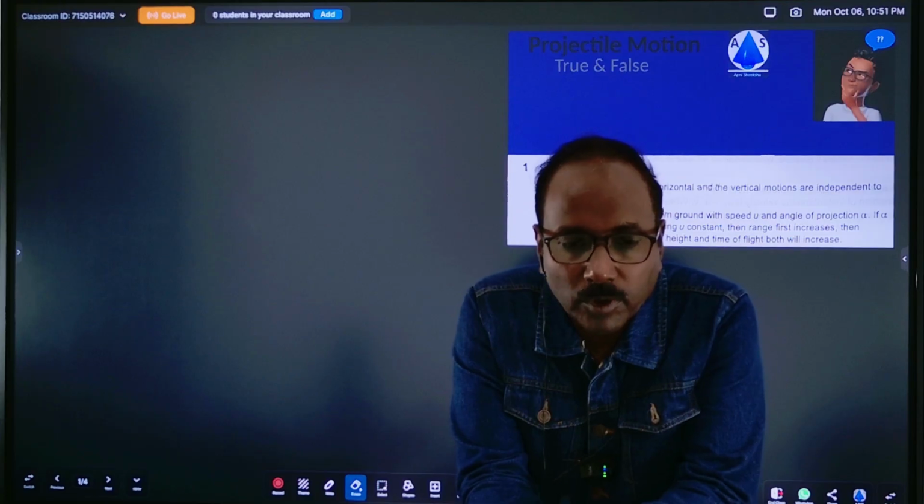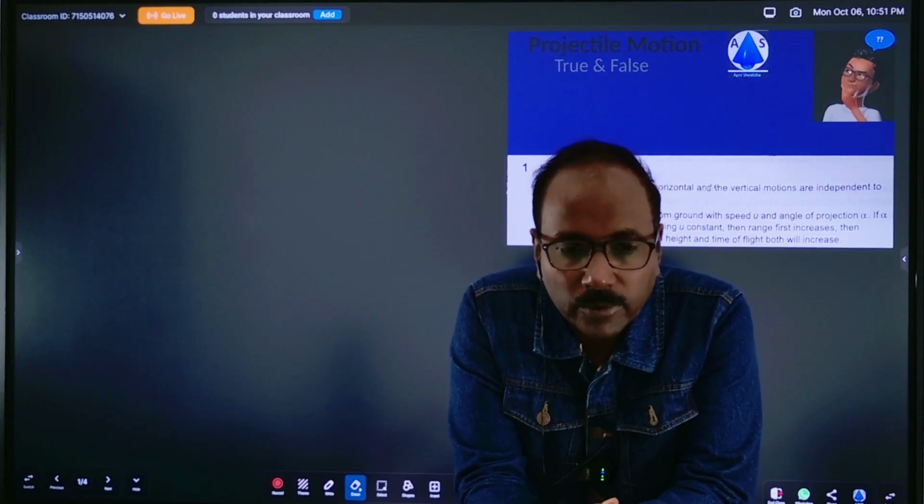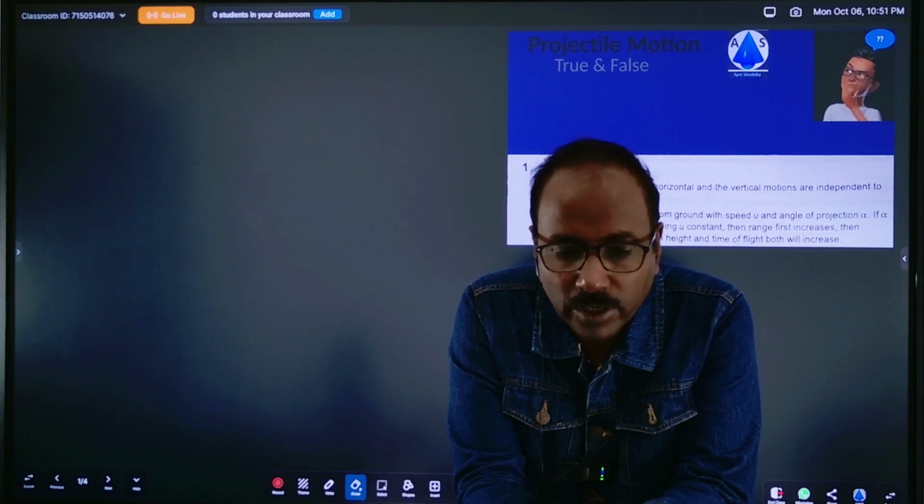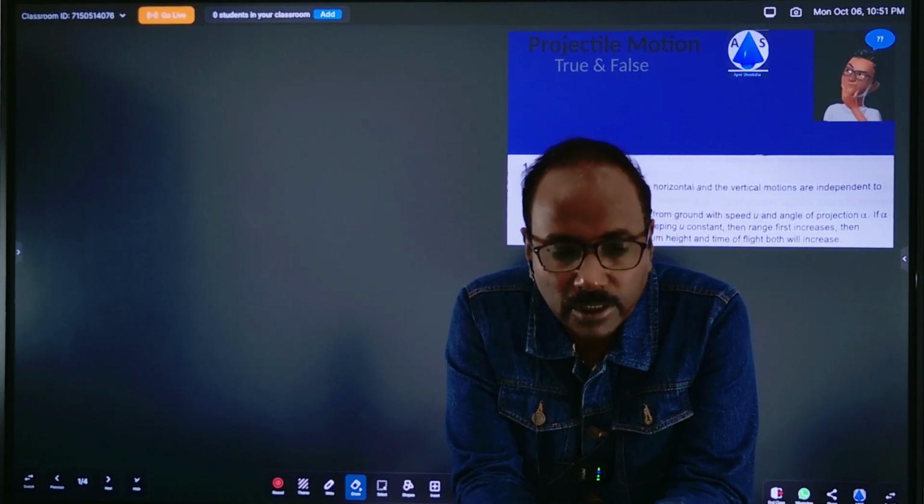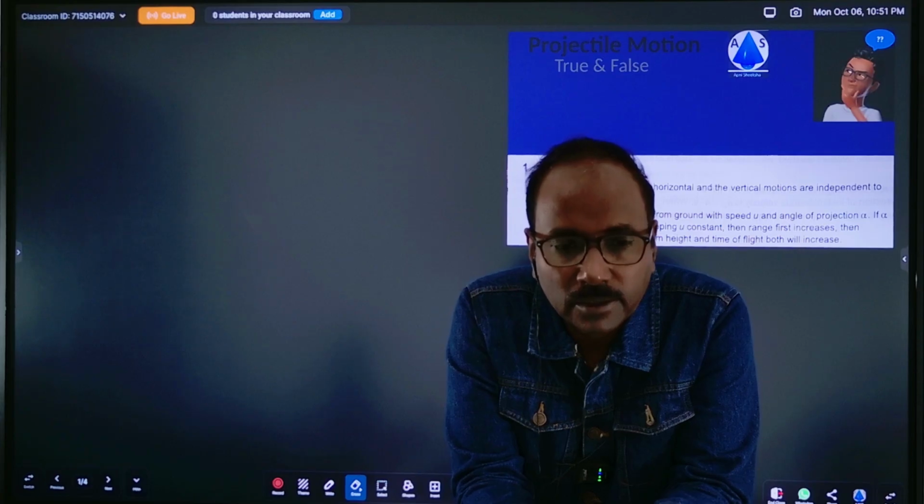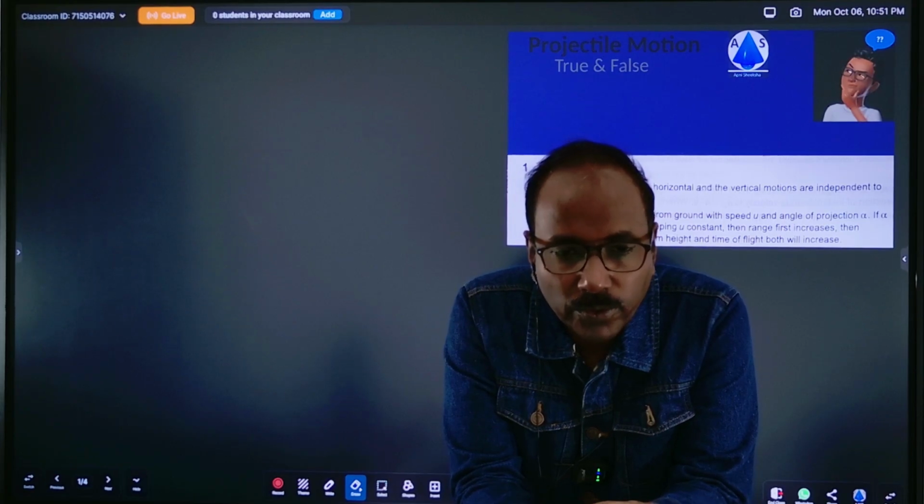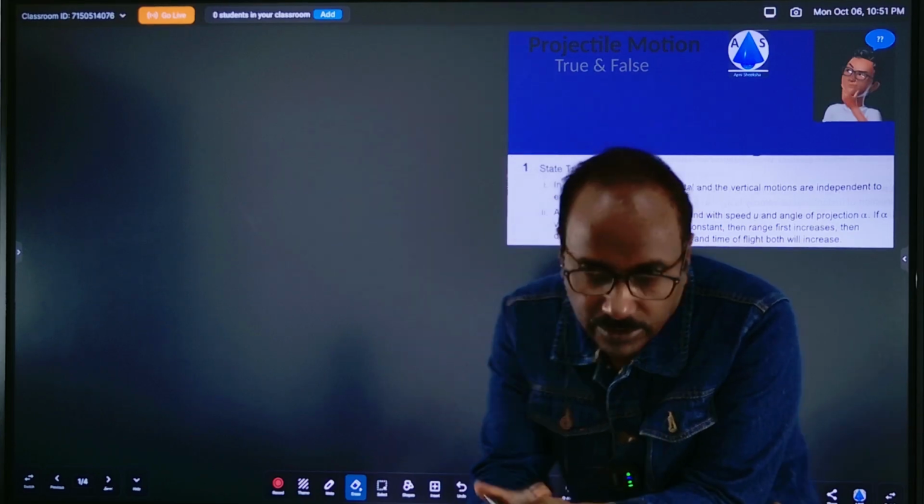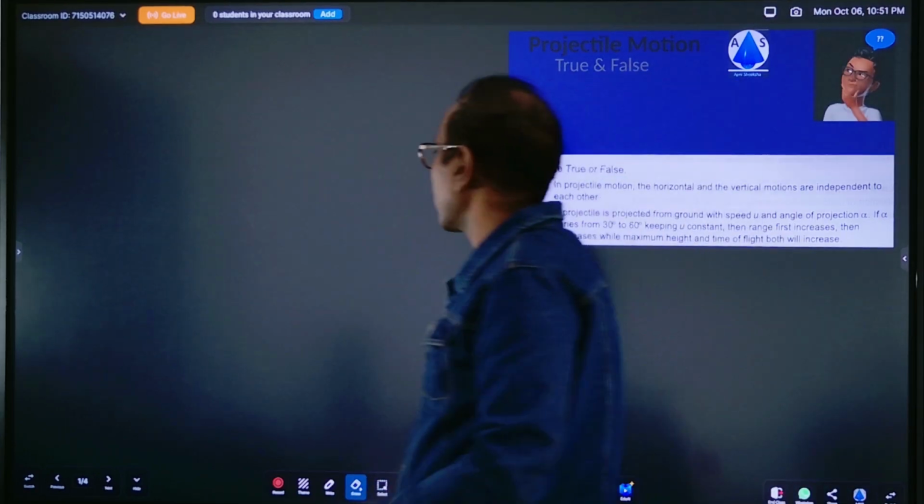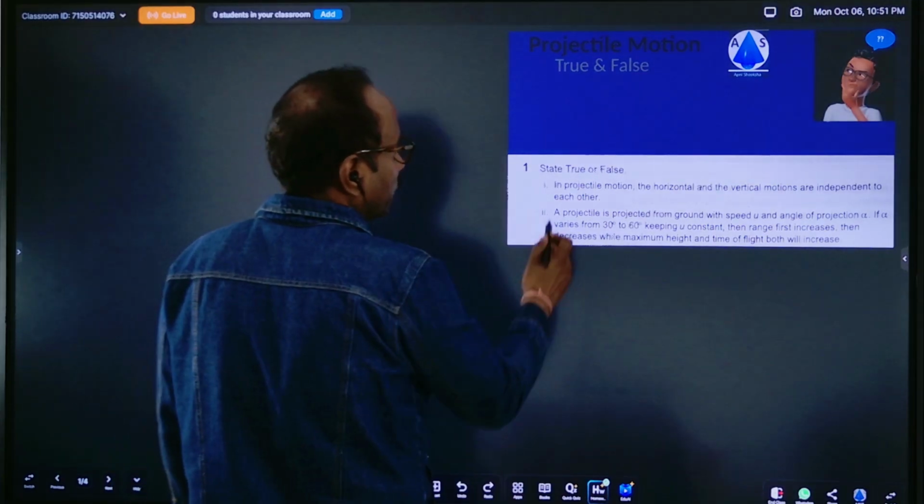So let us look into the problem of projectile motion. It is based on true and false. Statements are given and we have to select whether that statement is true or false with justification. So first one is,